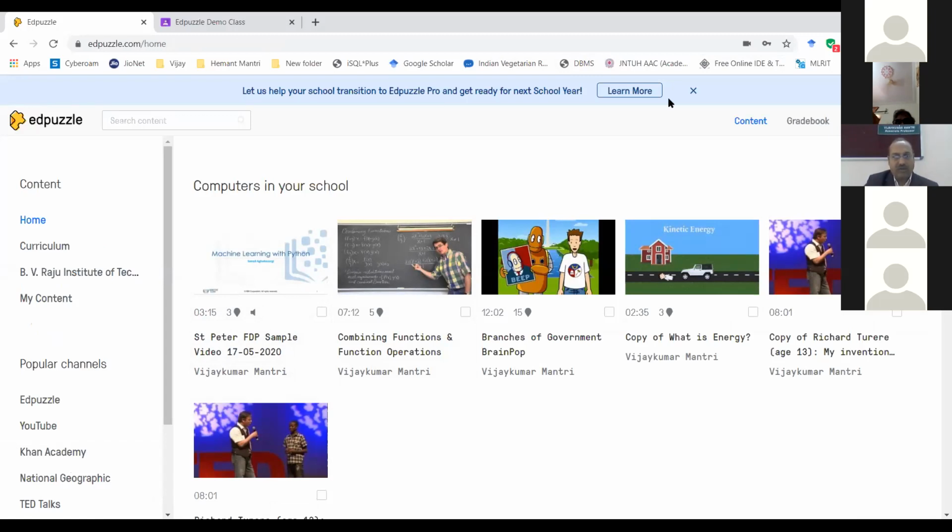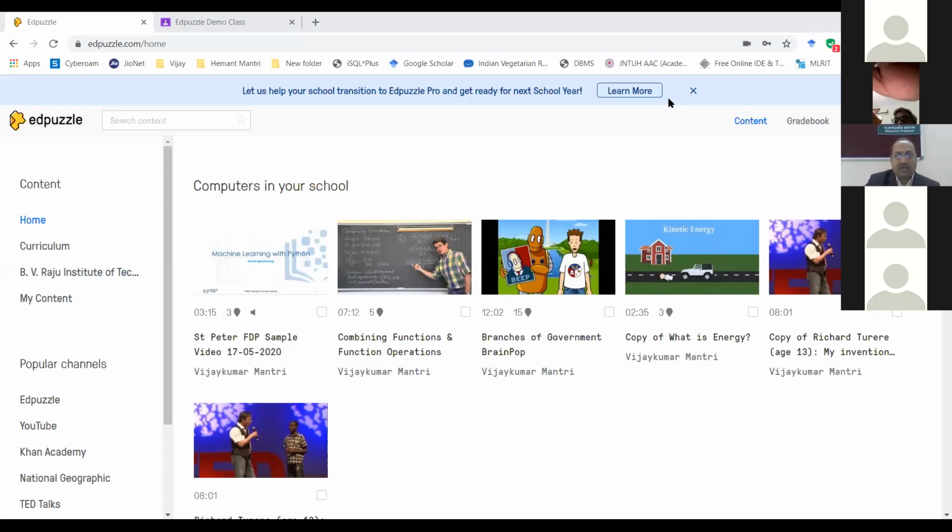Yeah, I have found one question here. I'll go from the bottom side, no problem. The last question is: can we use Google Classroom to directly upload videos? Yes, you can use Google Classroom to upload the videos, but the controlling will not be there. All this controlling will not be there. Adding questions and all those things will not be there.